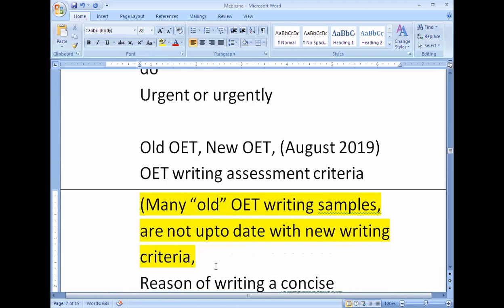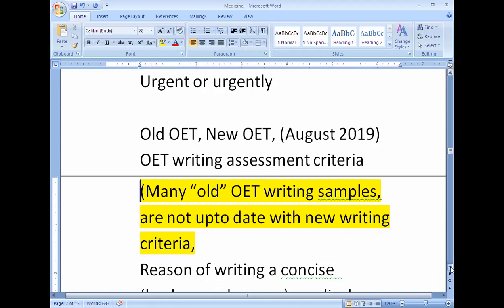The problem is many students just read these samples, and then they start writing letters according to these samples. I know the common files, I can take their names, but it is not good, because then the authors will tell me, what are you doing, you are telling people against our stuff. So many OET letter samples are on the old OET writing assessment criteria, when there was no competition in OET,